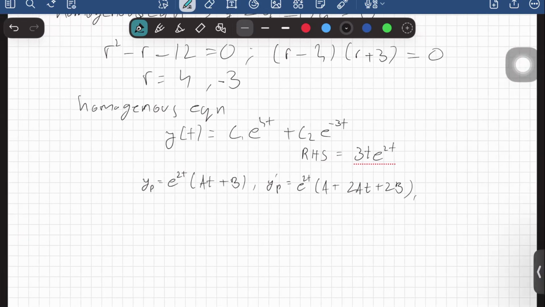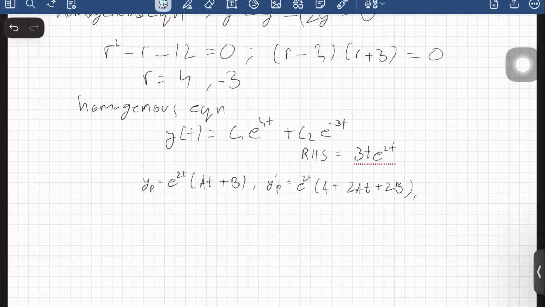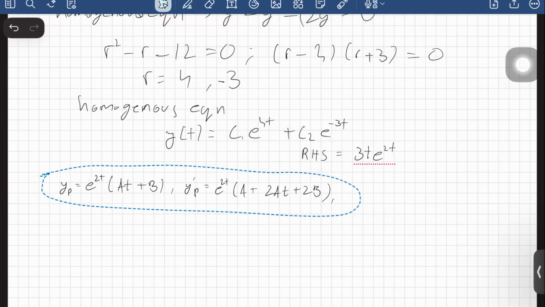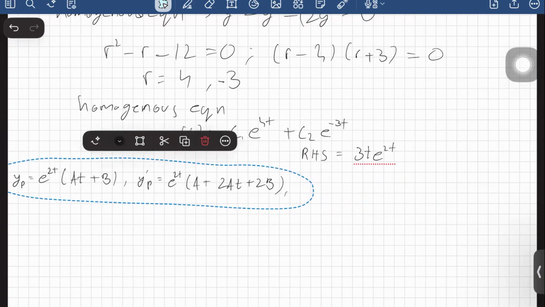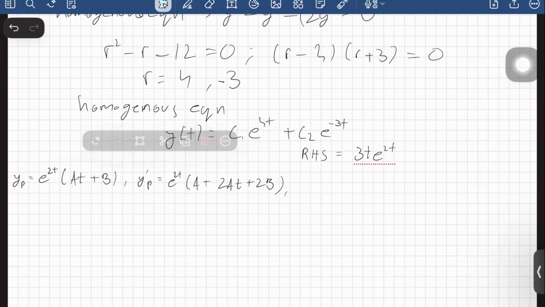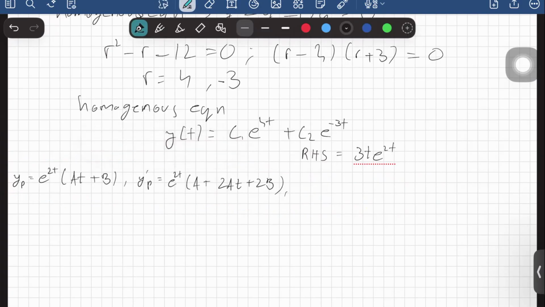And I'm just gonna move this so we have more space over here. Yep, that's perfect. Okay, and now we're gonna find the double derivative or the second derivative of the particular equation that